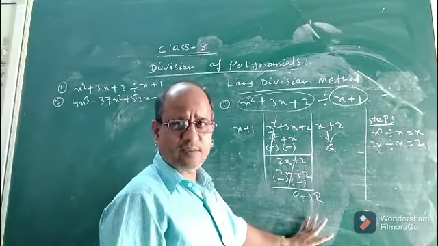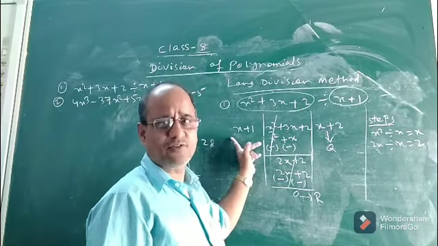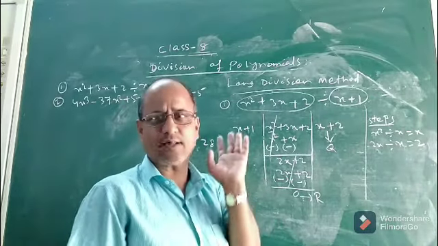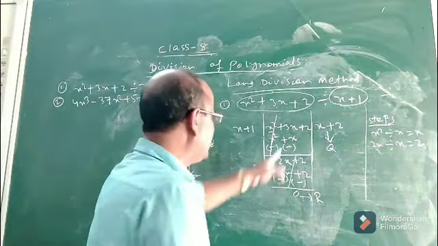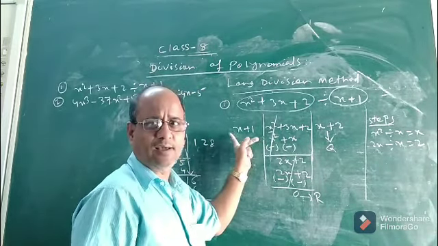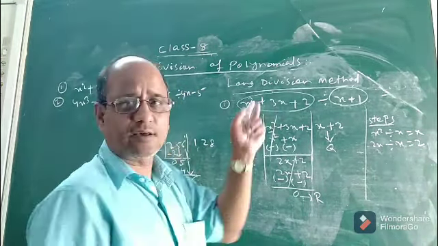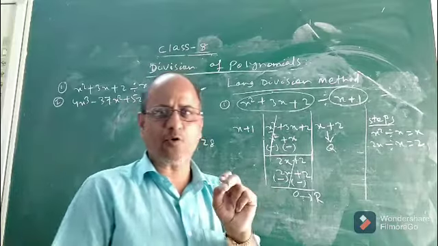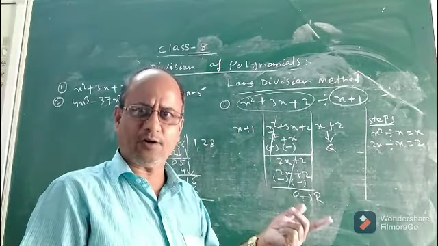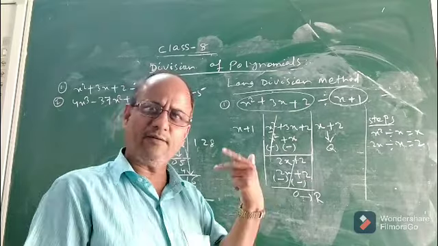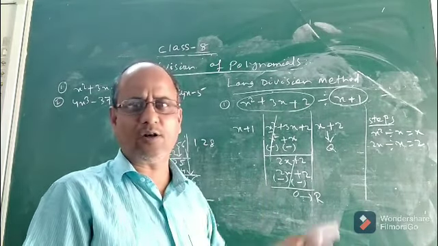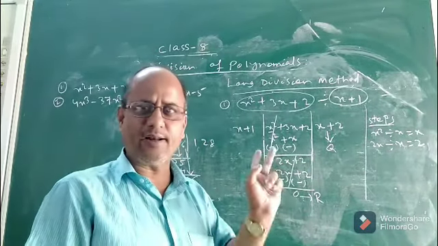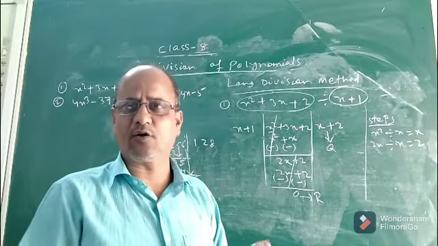So this is how one polynomial is divided by another polynomial in the long division process. Okay. Let me discuss another question so that you will understand it better. This was the division of a quadratic polynomial by a linear polynomial. Let us take a cubic polynomial and divide it by a linear polynomial. Children, I have told you that in the long division method, we can divide any degree polynomial by any degree polynomial, not only quadratic by linear or cubic by linear.